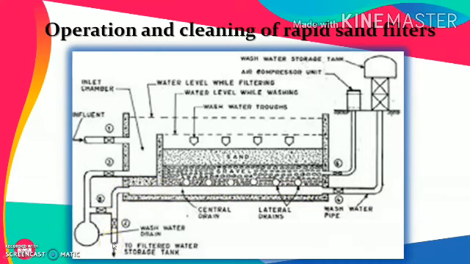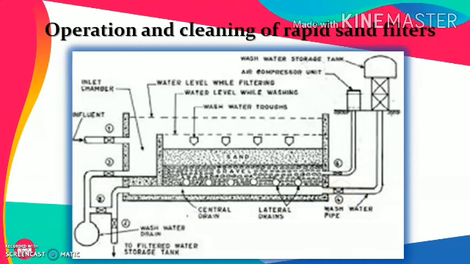Because of the continuous filtration, the sand media will get clogged, and this clogged media needs to be cleaned. Because of this, the rapid sand filter even gets operated at variable speed. It is not operated at constant speed. So after this clogging happens, this number 1 valve is kept closed. This number 3 valve will be opened and this number valve will be closed. Along with this, now 2 different valves shown here will be opened.